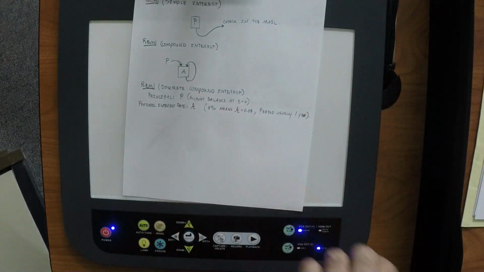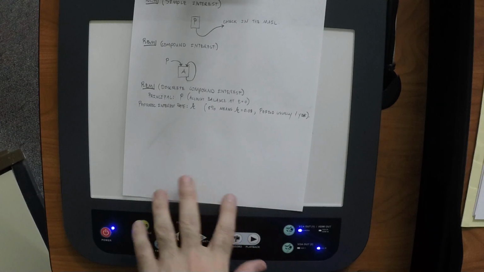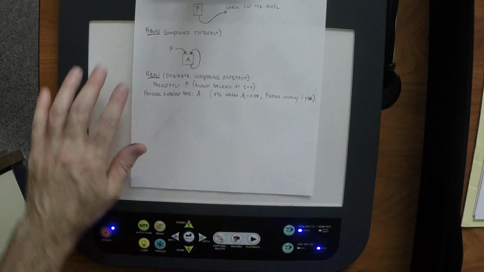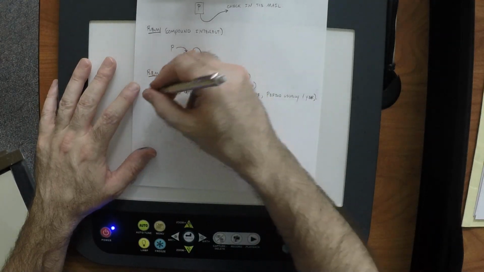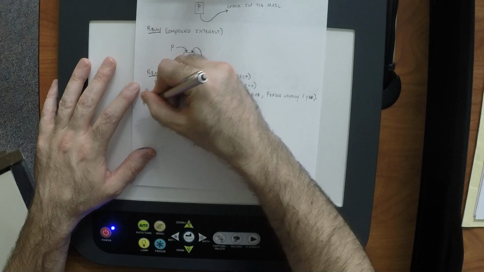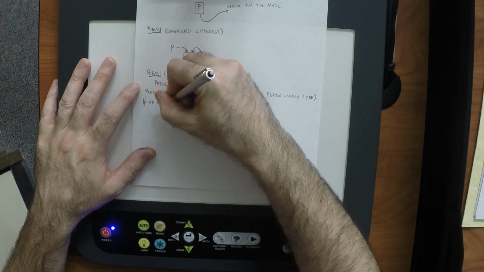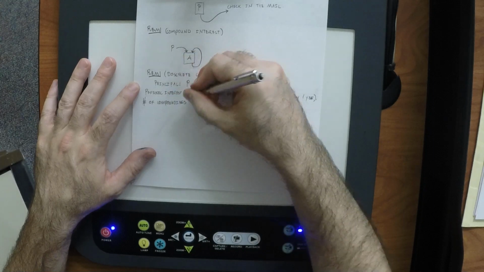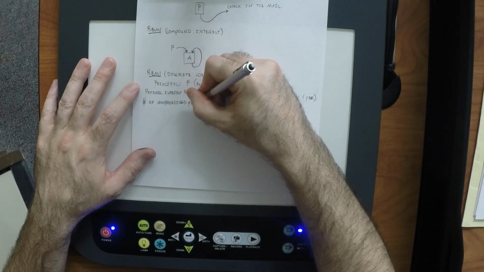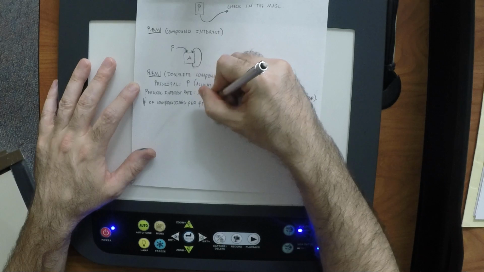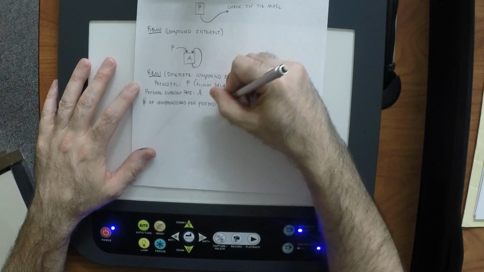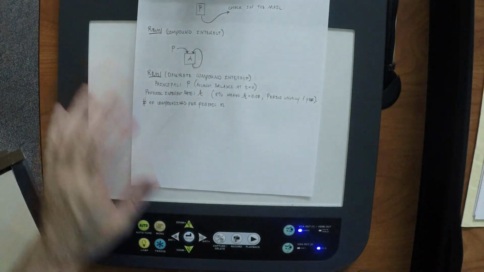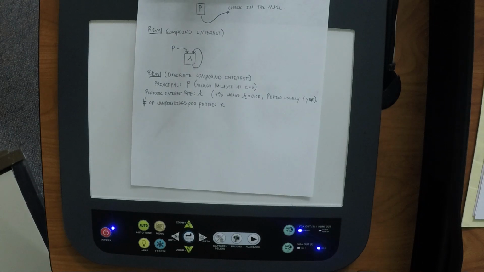In that case, usually it's called the annual interest rate. Okay, then we have the number of compoundings per period. This is denoted by N. So what that means is that